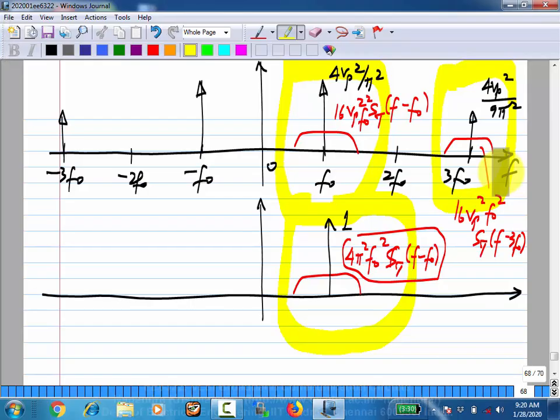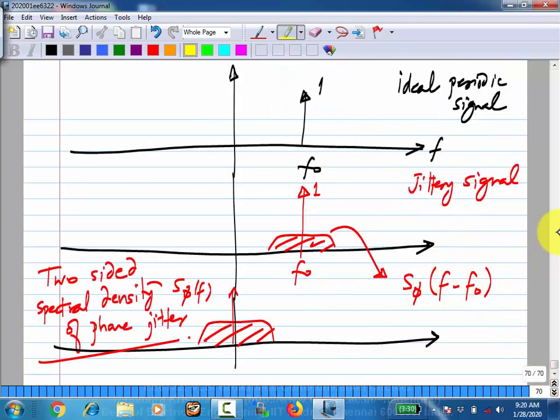Is it okay? So this is basically what you will see. Now this is important because you will be given this phase spectral density. This is known as phase noise, and there are some conventions here which also have to be taken care of. This is phase noise, and this is a specification that is normally given with